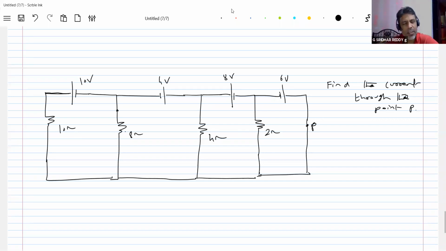Now, shall we use grouping of cells? So this one cell. Can this become this 8 ohm? Okay, this 10 ohm, if you want, you can make it the internal resistance of this cell. But this 8 ohm cannot be the internal resistance of this cell. Do I agree? It is not. There's no resistance in this branch. So the moment you see cells and resistance, it need not be grouping of cells.